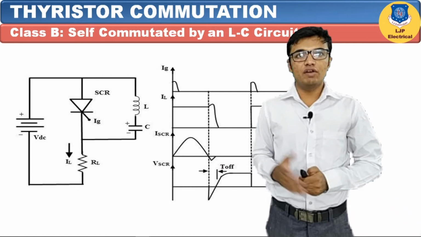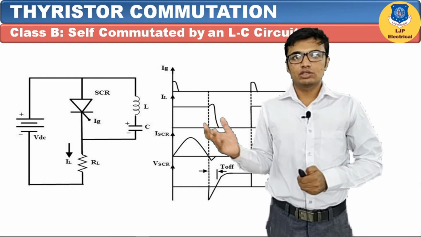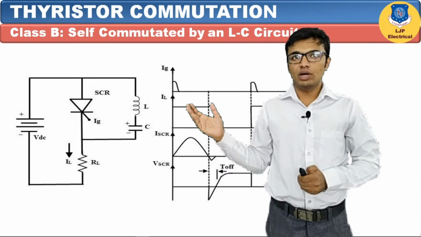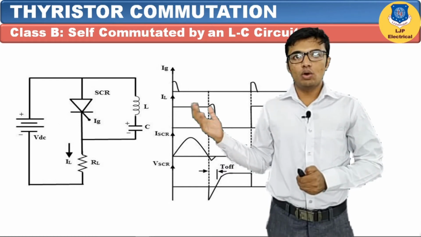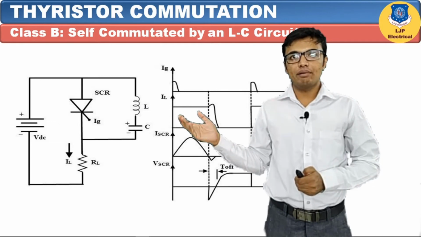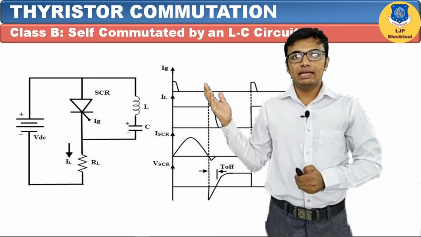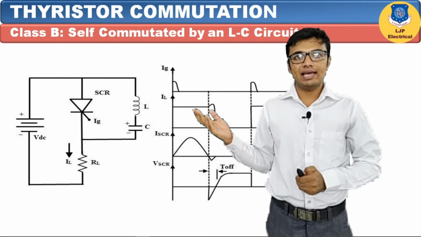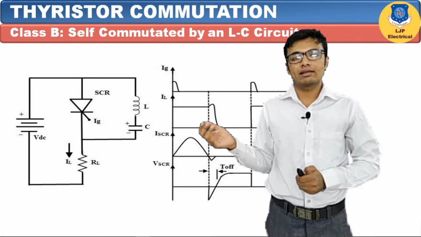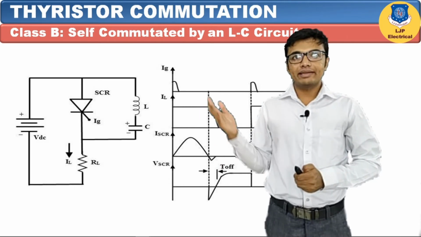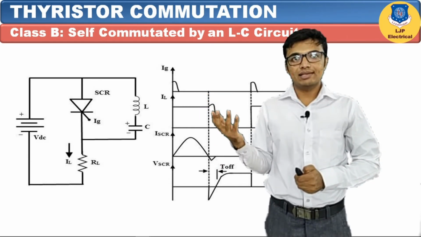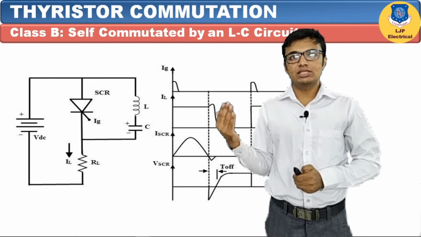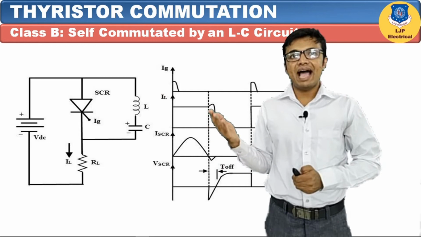This is a brief view of the waveform of this commutation. So this is the circuit diagram. Same as before, we have connected one SCR, the LC component, and one load, and as the load we have considered an RL load, connected with the supply. It has four waveforms in total: gate current, load current, current passed through this SCR, and voltage across this SCR. If we trigger this SCR, we have to supply gate current such that, at the same time the SCR is triggered, the load will get current, which is IL.